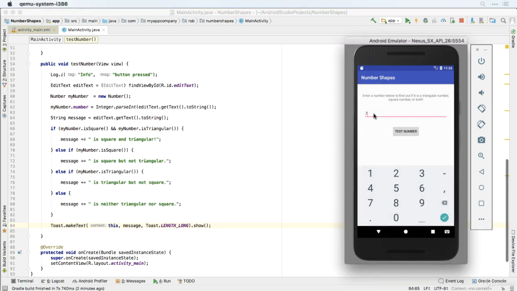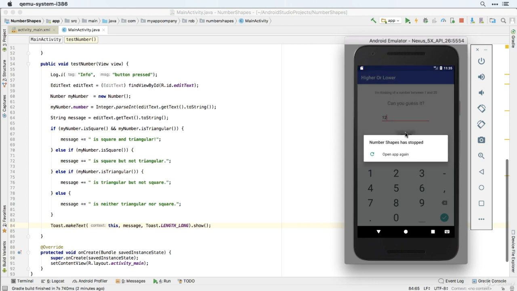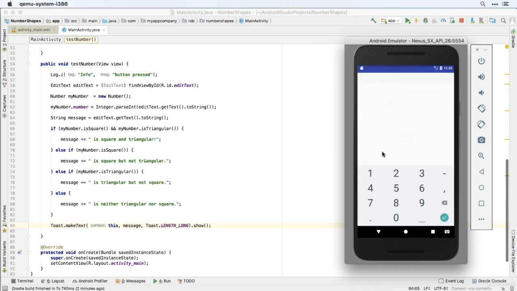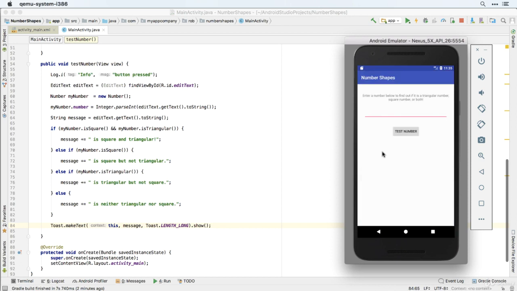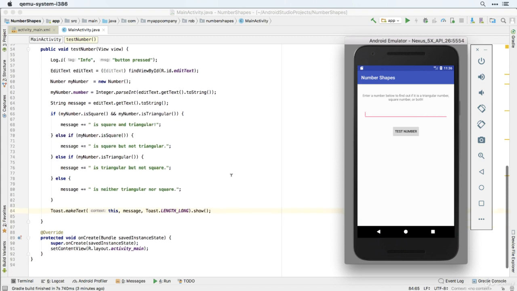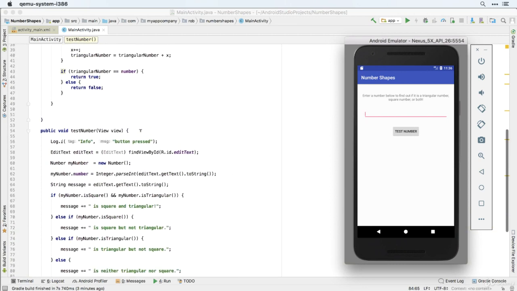Now we're just going to do one slight tweak here. You may have noticed with this app, and indeed with the higher or lower app that we made, if the user presses the test number button without entering anything into the app, our app crashes. Now obviously the user shouldn't do that, but it would be nice if we could offer them a friendly message rather than just the app crashing. So I'm going to suggest a way to do that